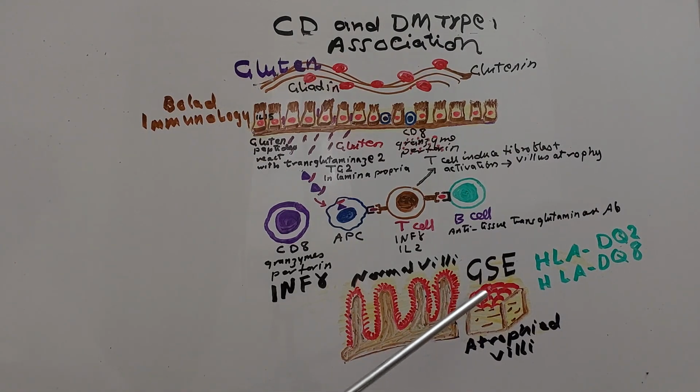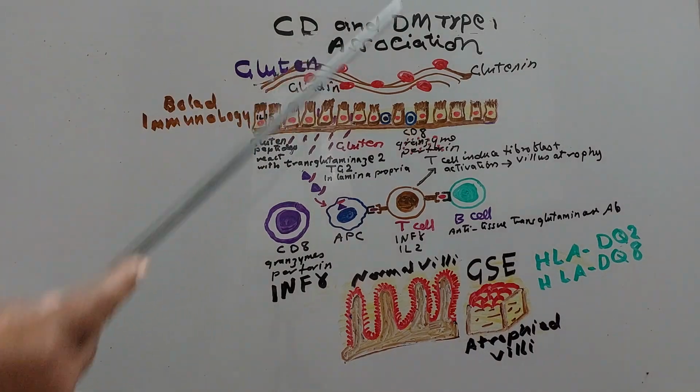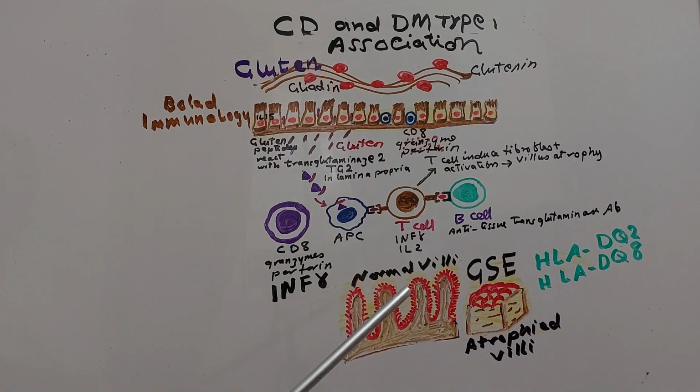The villi in gluten sensitive enteropathy or celiac disease get atrophied as compared to normal villi. The gluten is present in wheat, and this association between celiac disease and diabetes mellitus type 1